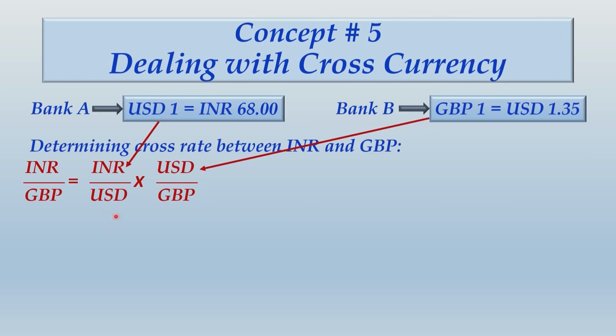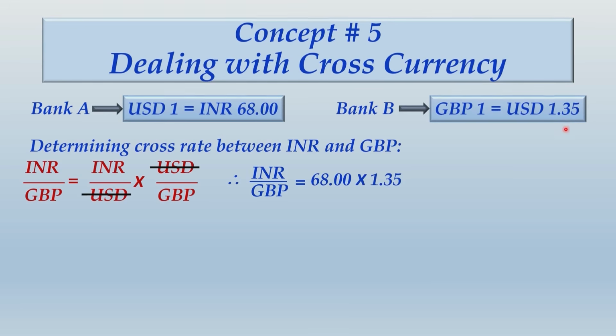Now friends, when you have a cross multiplication of INR per USD and USD per GBP multiplied, look into one thing. USD is a common currency, right? And it will get cancelled out. And what you will eventually get is INR per GBP. That means in order to find INR per GBP, what you should do is INR per USD multiplied by USD per GBP. So what you get is INR per GBP equals to, now this value INR per USD I told you to obtain from Bank A, and USD per GBP I have asked you to obtain from Bank B.